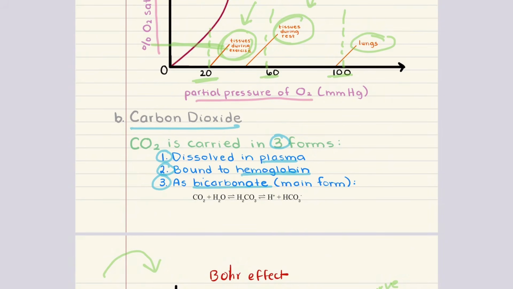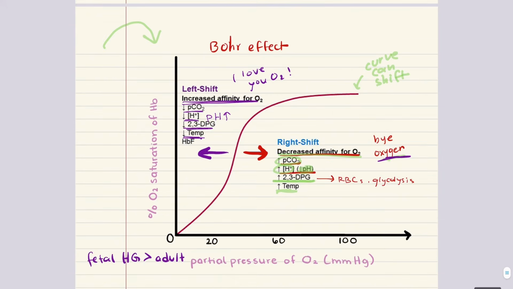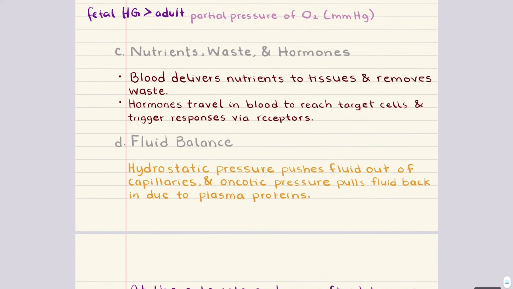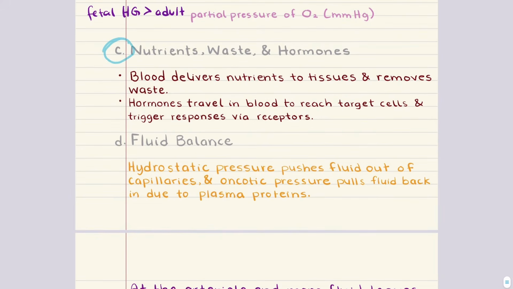This happens through the reaction of carbon dioxide with water, forming carbonic acid, which rapidly dissociates into hydrogen ions and bicarbonate. And this process is very important for maintaining blood pH. It's also fully reversible. Now, aside from gas exchange, the blood also plays a key role in moving nutrients, waste,